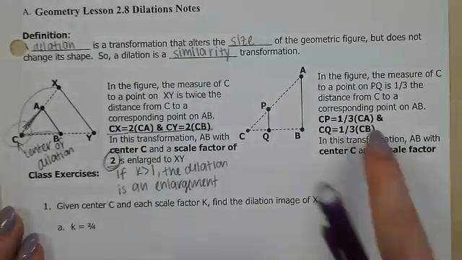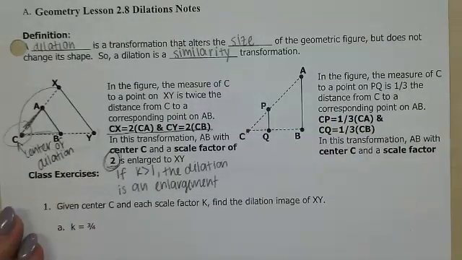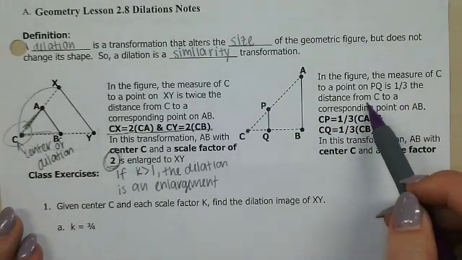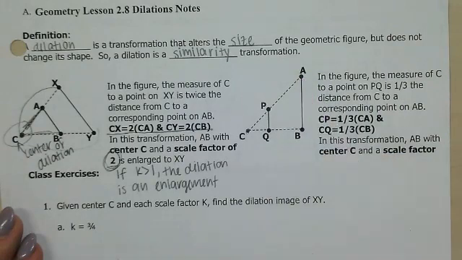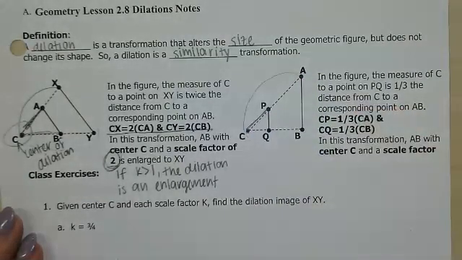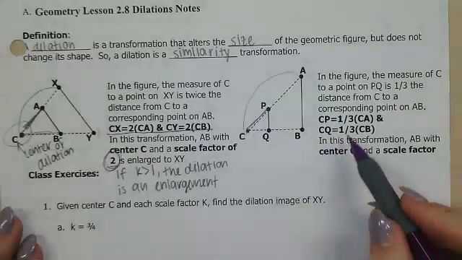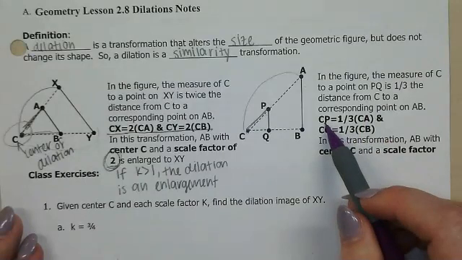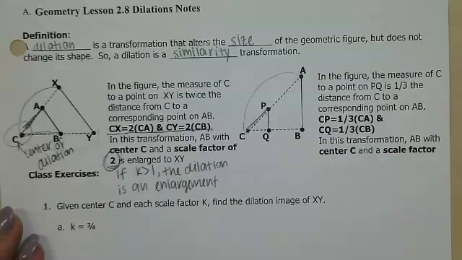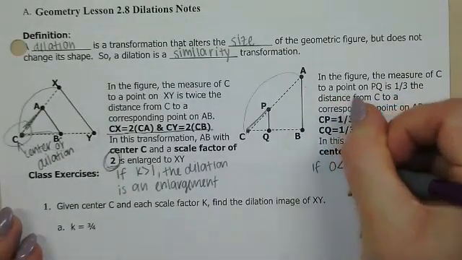Okay, and then over here, it says that the figure coming from your dilation point C to a point on PQ is 1/3 of the distance from C to some point on AB. So now they're saying that you're going from big to small, so your CP is 1/3 of CA. Okay, that would mean that since my center is at C, if your K is between 0 and